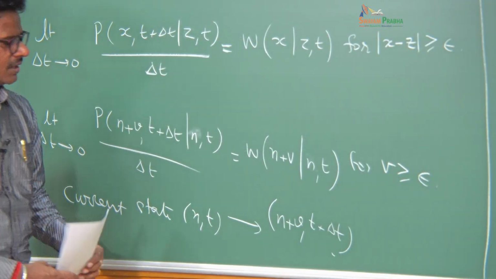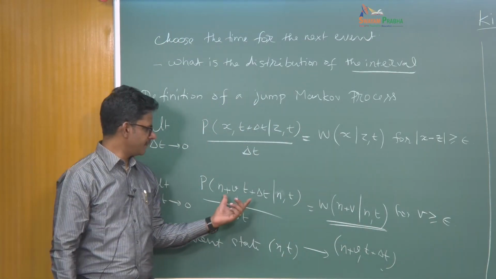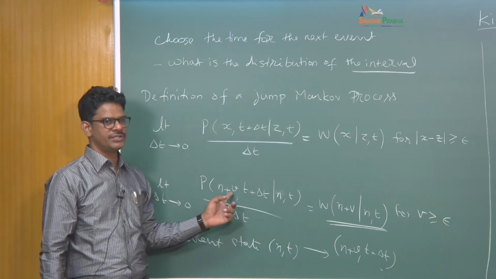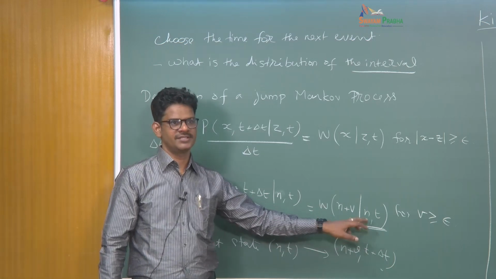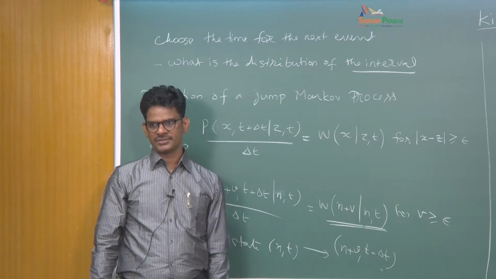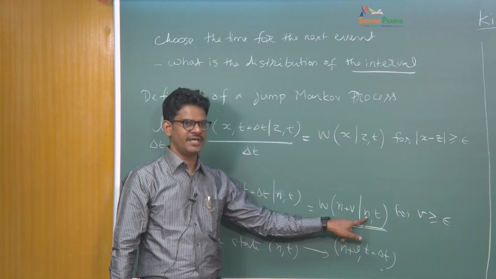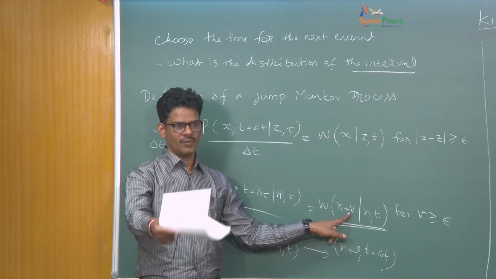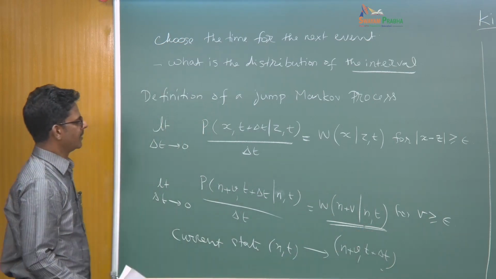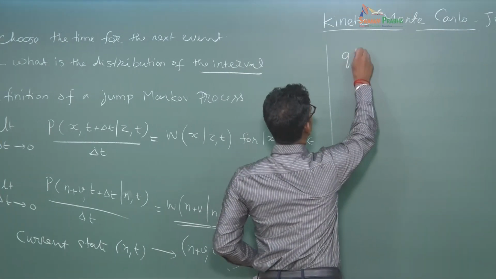So we are qualifying this particular characteristic function for the jump Markov process as the rate of change of the probability per unit time from n at t to n plus nu at t plus delta t. That is what this function is, and it defines the characteristic of your jump Markov process. It may depend on the time, on the current number of states, and also on the displacement. It is basically a function of all three. So now I am going to define a few more probability distribution functions, Q of